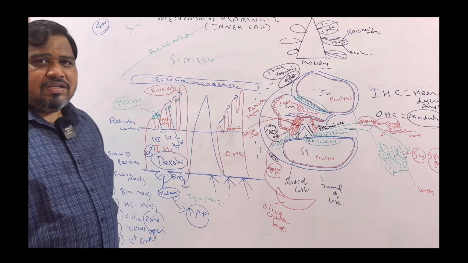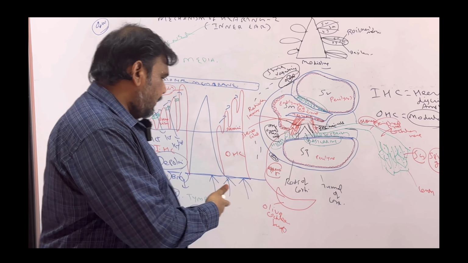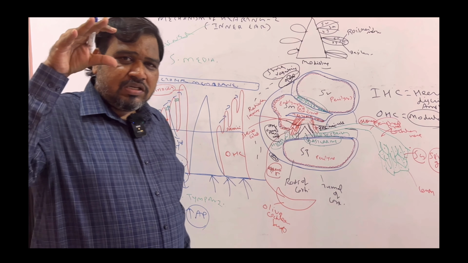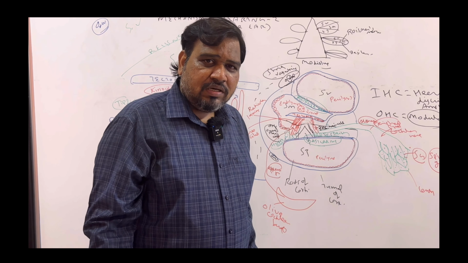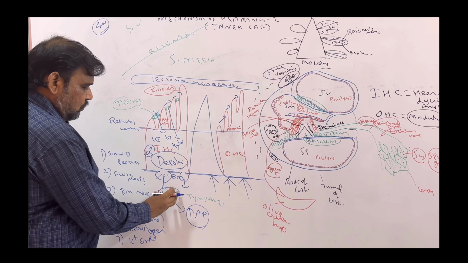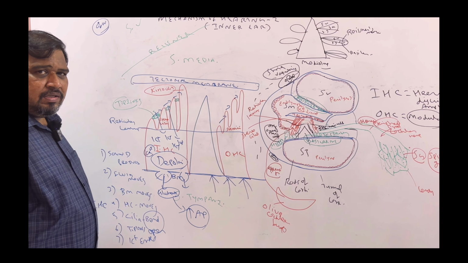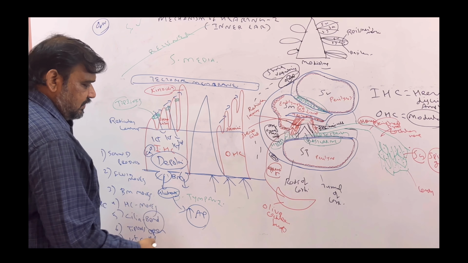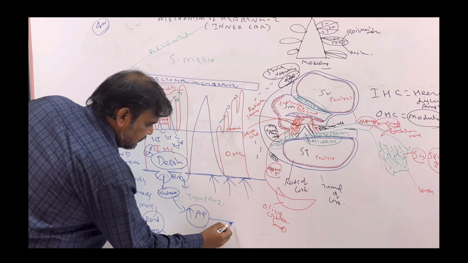So how is the action potential generated by the inner hair cell? I have explained. Potassium enters, increase in positive ions. As the potassium enters inside, depolarization. Because of depolarization, action potential is produced, and glutamate is the excitatory neurotransmitter responsible for the action potential. And because of this action potential, the afferents